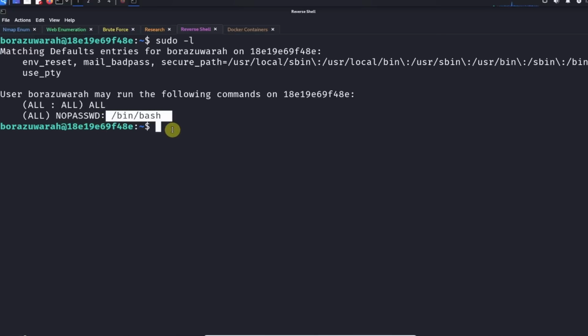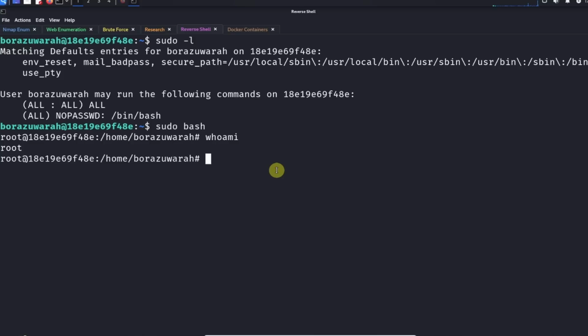So bin bash is a terminal program, which basically means we can run the bash program as root, which means we can open up a root shell. So this is very easy. All we need to do to become the root user in this case is to run sudo bash. And since we have permissions without a password, we don't need to provide our password to run the program. And now, when we ask who am I, we're root, which means